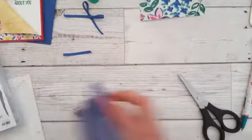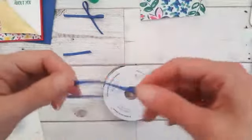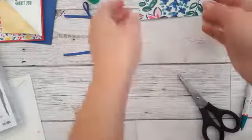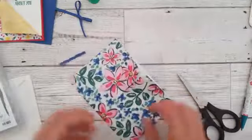Okay, so this is, again, Blueberry Bushel thin grosgrain ribbon. It's gorgeous, really pretty. So we'll bring our piece back, and now what we're going to do, is